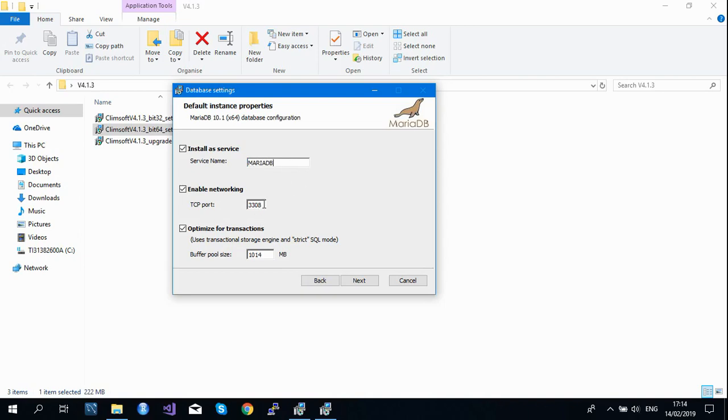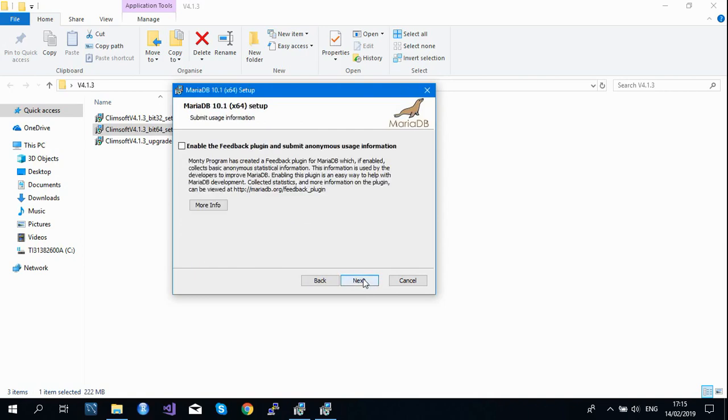So I'm saying this port is very important because in the configuration file of CleanSoft, this is the port which is set. That's why you need to set the same port. Otherwise, if you don't set this port and you leave the default here, you need to go back into CleanSoft and change the port to the default one. But since this one is the same in CleanSoft, you need to change and put the one which is in CleanSoft. So click next to start the installation.